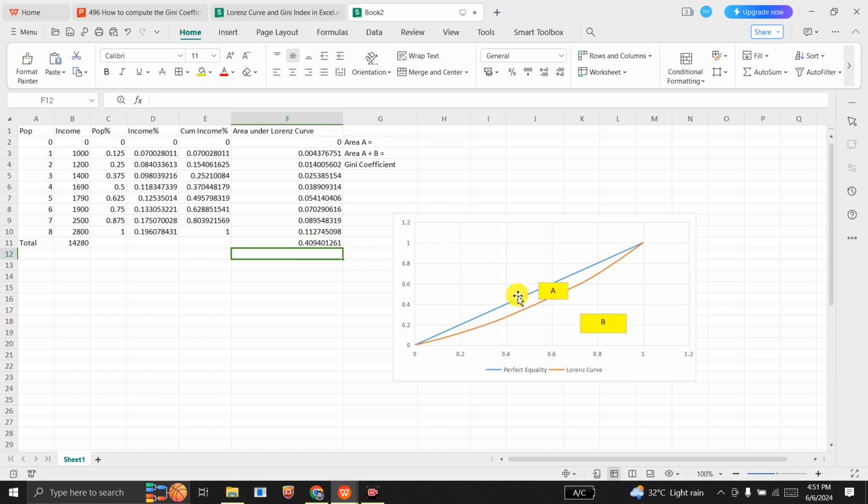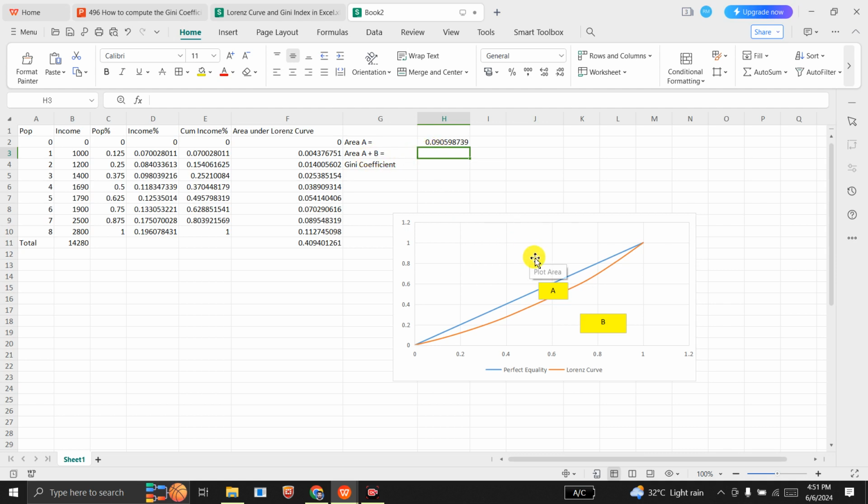Since the sum of this area and this area is equal to 0.5, so area A is equal to 0.5 minus this area. So this is area A. So area A, which is the area between this line of perfect equality and the Lorentz curve, that area is equal to, which I denoted by A. So area A is equal to 0.09, and